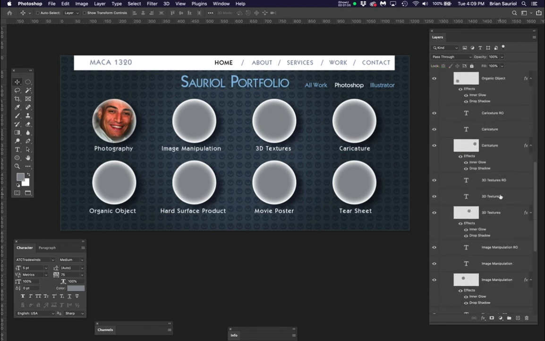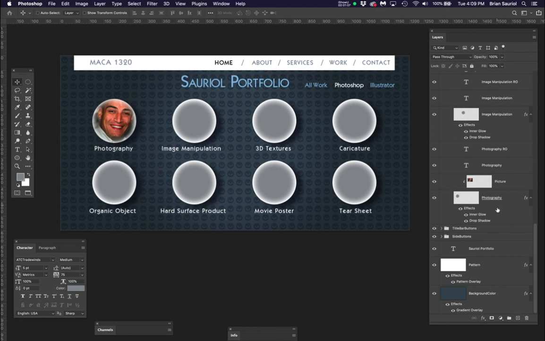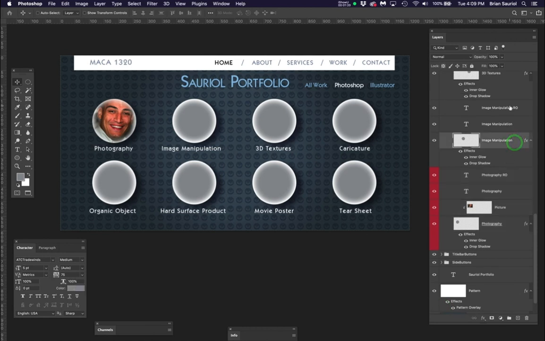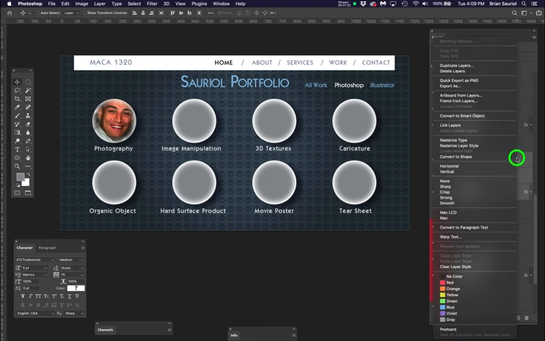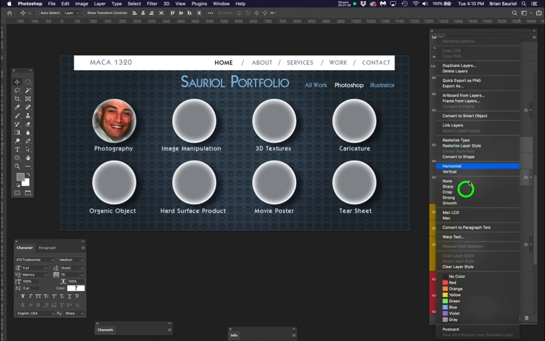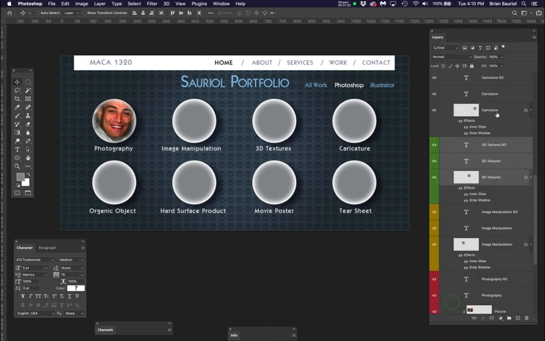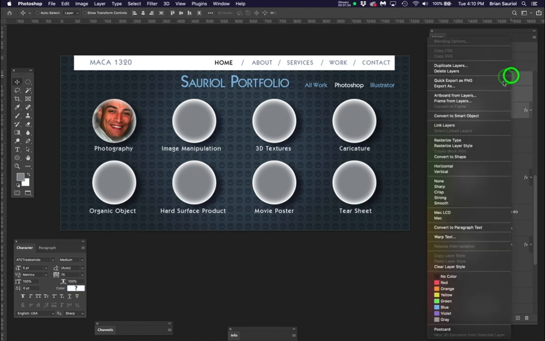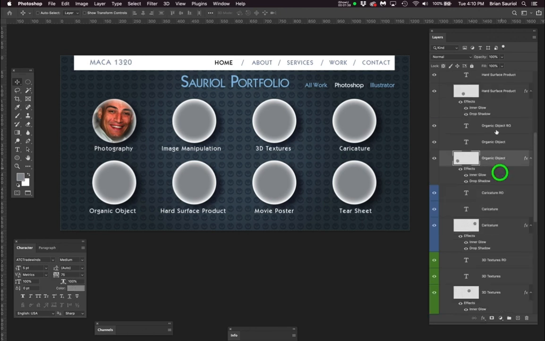And so we can gain our sanity again, would you please show me that you've color coded everything that has to do with photography? So look, I'm clicking on the first one, shift clicking on that one, right hand click in the gray area. I'll just choose red. Let's go to image manipulation and shift click all of them for image manipulation. Let's now just change that to yellow. Let's go here and let's go here. I'm going to check and make sure that you've done all of this. I'll just choose a green. Let's go caricature and shift click caricature and go down to blue,